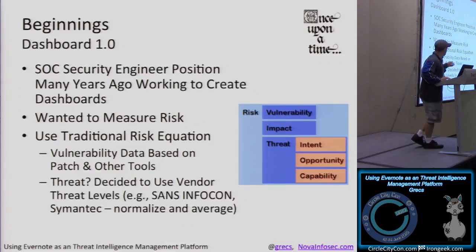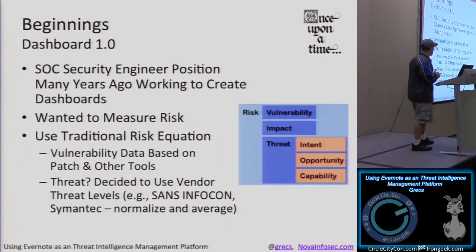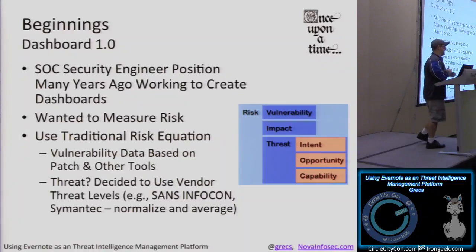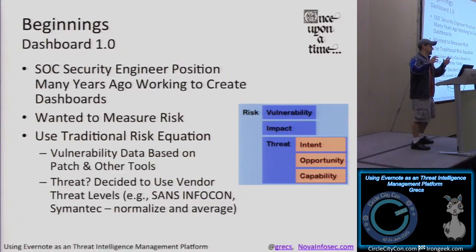And then the threat. So for threat, how can we determine what that is? At least my quick and dirty solution was to look at some of the other threat meters that are out there, normalize them, and then use that. And so you had this nice little dashboard where the executive could look at it and say, oh, this is what our risk is. And then you could click down and see the data behind it. And so that was